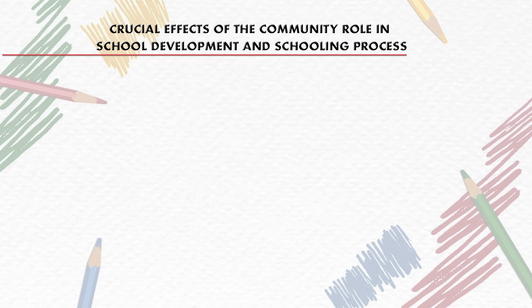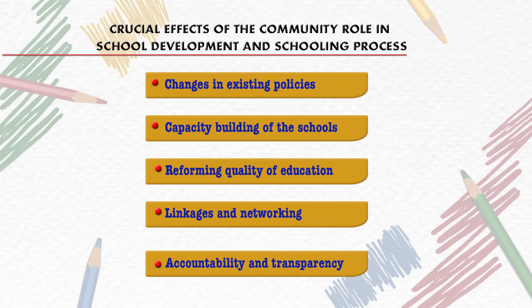So, what are the crucial effects of the community role in school development and schooling process? Because community has so many roles, ultimately what effects can it show? It can bring in changes in existing policies, if at all policies are not facilitative, and it can result in capacity building of the schools, and when there is capacity building at the school level, naturally it will lead to better quality of education by bringing in reforms in the